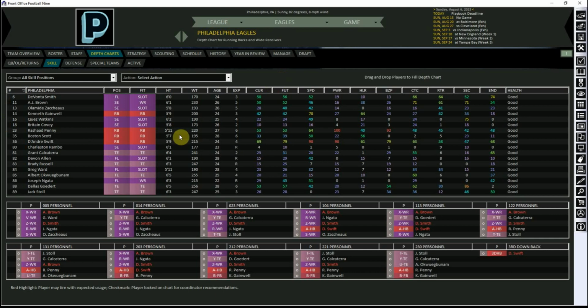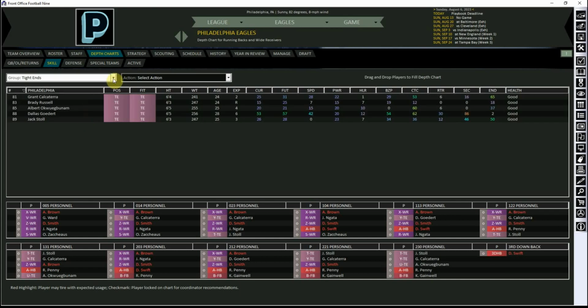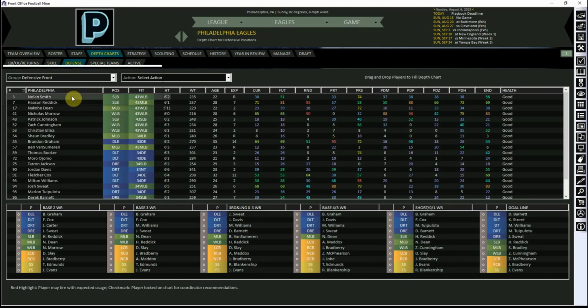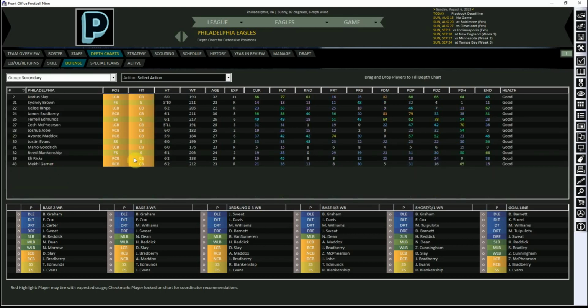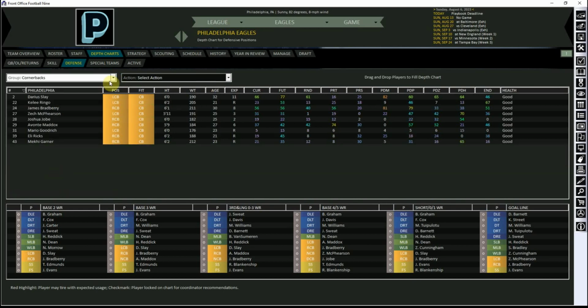If it's a little bit overwhelming on this page, you can also tab down and just look at your running backs, just look at your fullbacks, just look at your tight ends, wide receivers, etc. Similarly, on defense, can break up into the broader position groups. Your defensive front, which would include all of your linebackers and defensive linemen. You can do your secondary, your safeties, and your cornerbacks, obviously, and you can sort by much smaller groups as